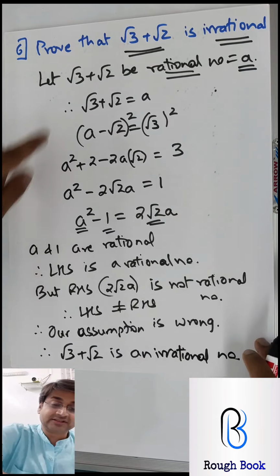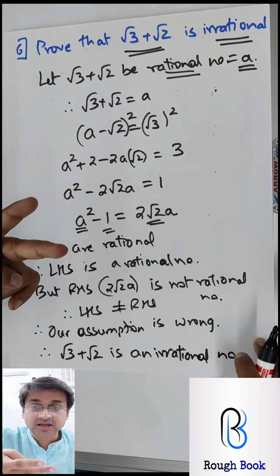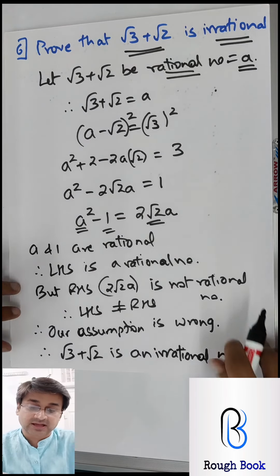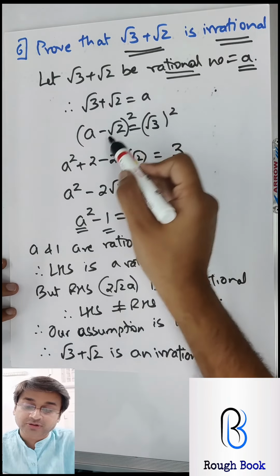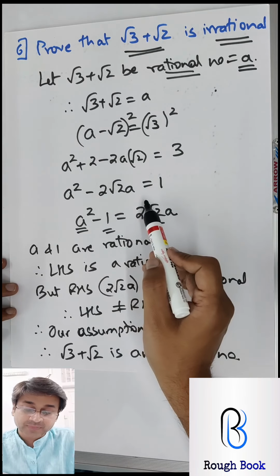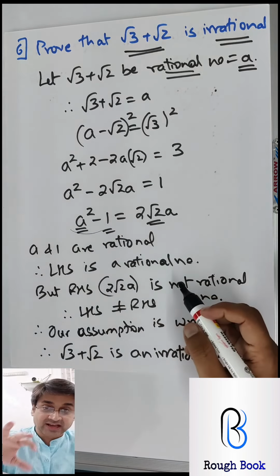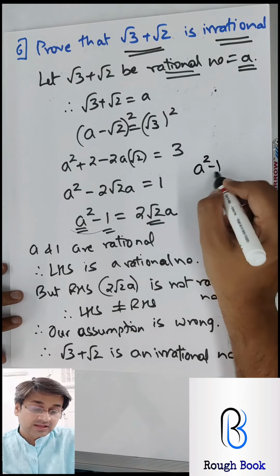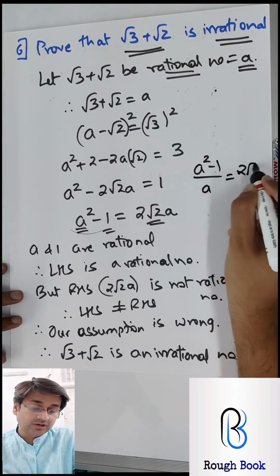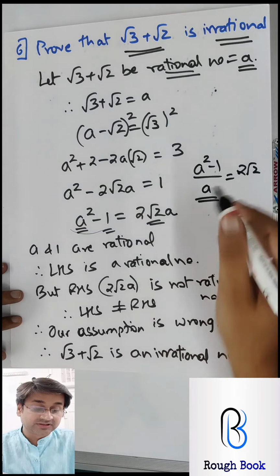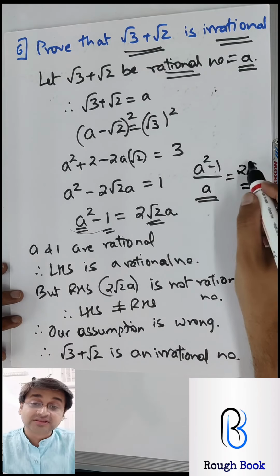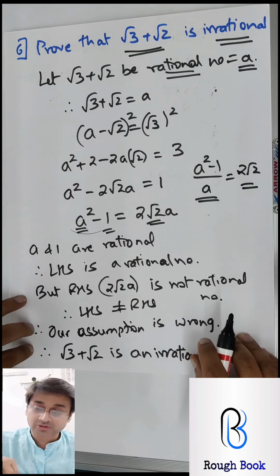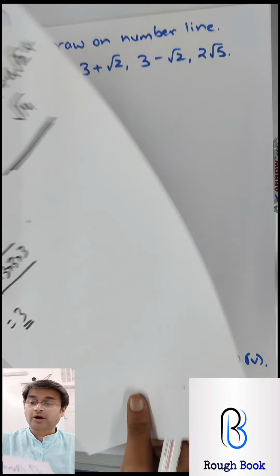So basically you are proving that it is irrational, but you are using the reverse technique where you are saying that let it be rational and then proving that they are not equal. So once again the steps. First let it be equal to a, send one number on the other side, square both sides, open it, and then flip everything on one side which is rational and keep everything on the other side which is irrational. If you want to make it more easier, send this a also down. Okay, now this entire thing is irrational, but this is rational. Sorry, this is rational, this is irrational, my bad, and therefore you can say it is not equal and hence our supposition is wrong. Likewise, we can do one more part.